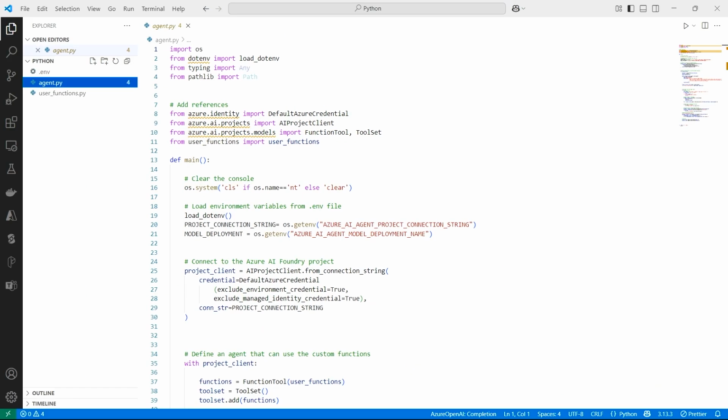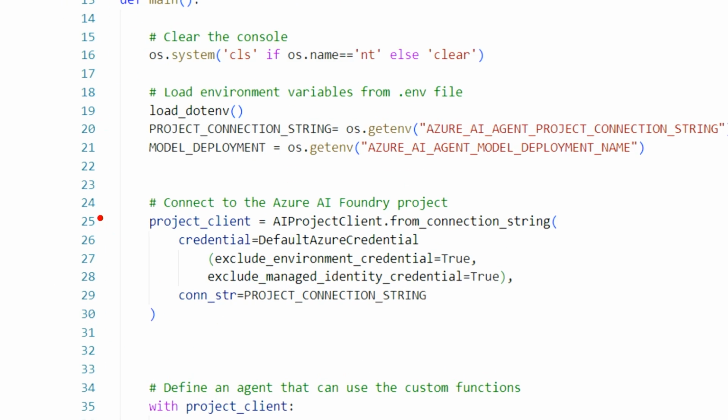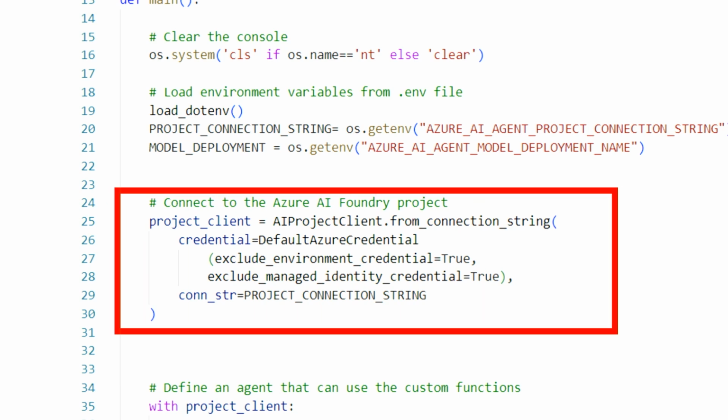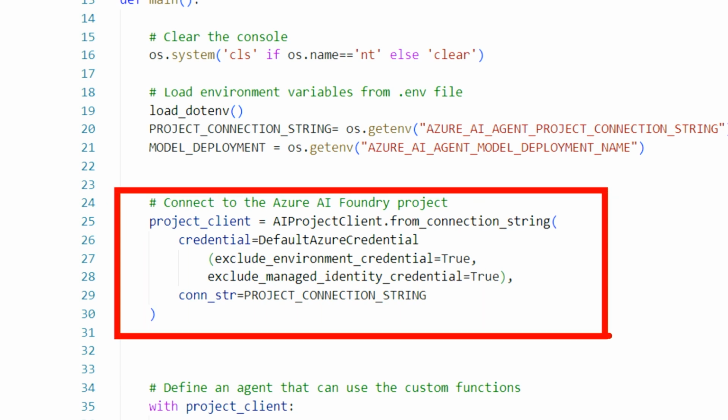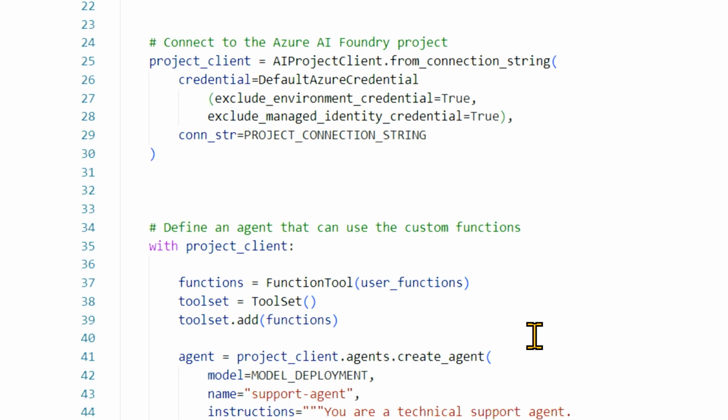A little bit further down, we have the snippet of code that we need to actually connect to the Azure AI Foundry project. So we're going to create our project client, using the connection string, using the default Azure credential. Again, I already walked you through this. If you're following the sequence of the different modules, you already know what this is about. Next to that, scrolling down here a little bit,